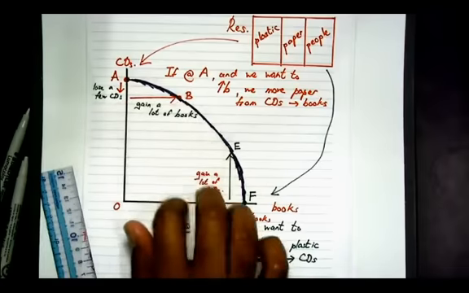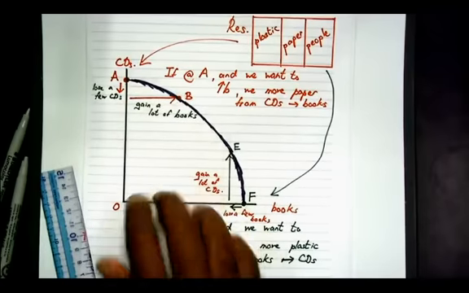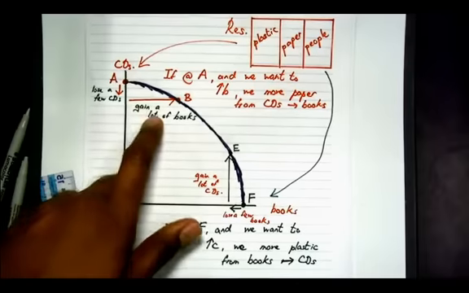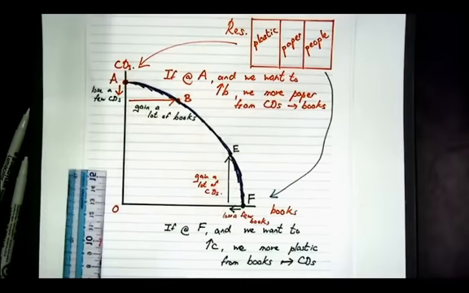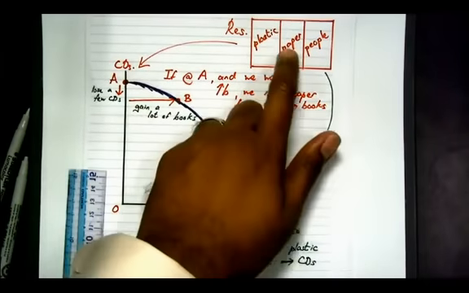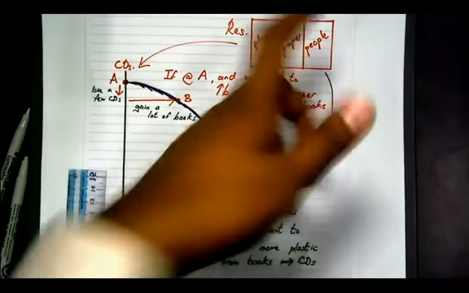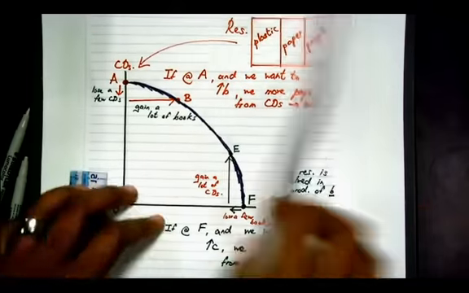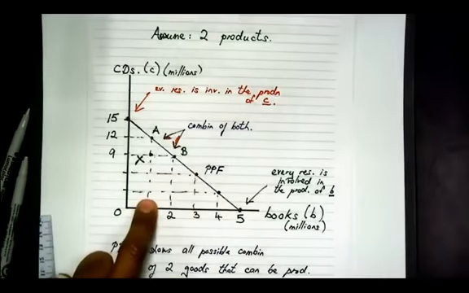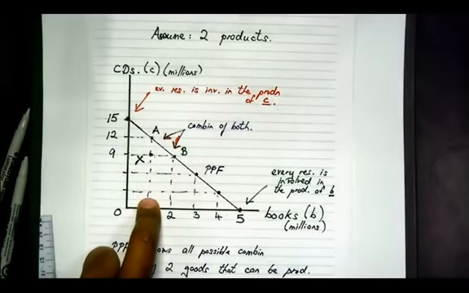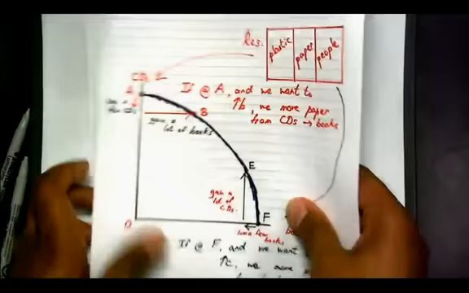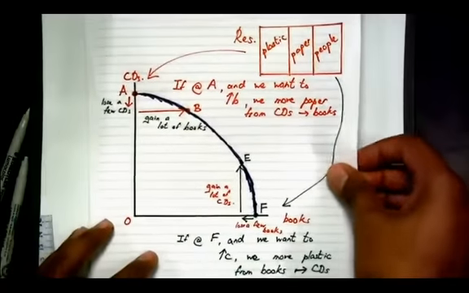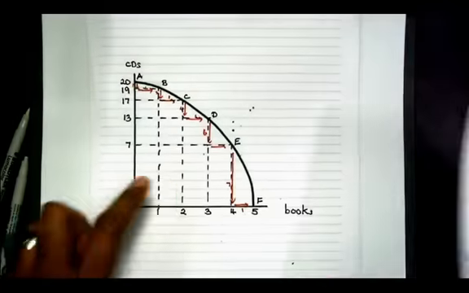Does that make sense intuitively? Yeah, some are really good at making books, some are really good at making CDs, some are good at making both. Like the people can be trained to make both. So we started with a linear PPF today, but the more realistic case is a concave PPF. And if the PPF is concave,